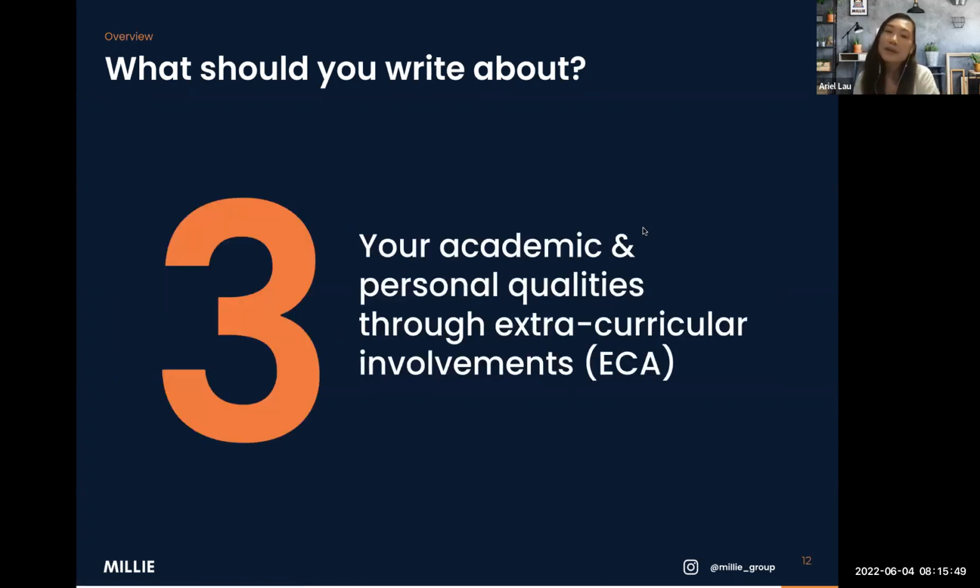So now, the third part is going to be your personal and academic qualities through extracurricular activities. For that, the activity is actually not the main point. You still need to figure out what are the activities or the involvements that you currently have that would link to your major. Say if you play football at school, it's not particularly relevant to include if you would like to be an engineer. However, if you chose a major like sports science, for instance, then you playing football would be an extremely important activity to highlight.